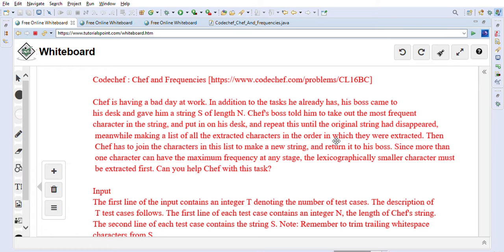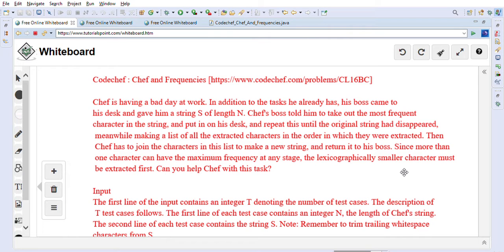Then Chef has to join the characters in this list, make a new string, and return that string to the boss. Since more than one character can have maximum frequency at any stage, the lexicographically smaller character must be extracted first. Can you help Chef with this task?